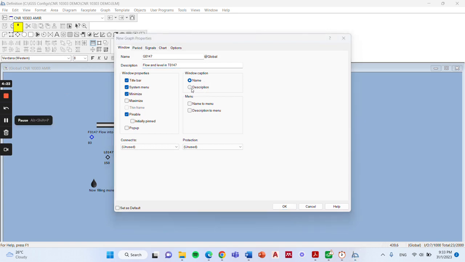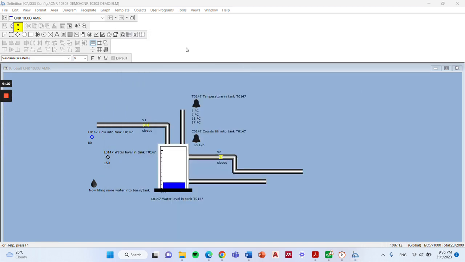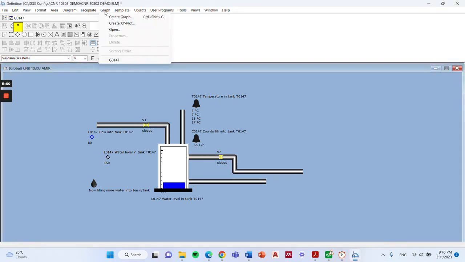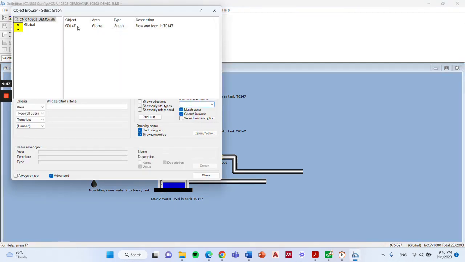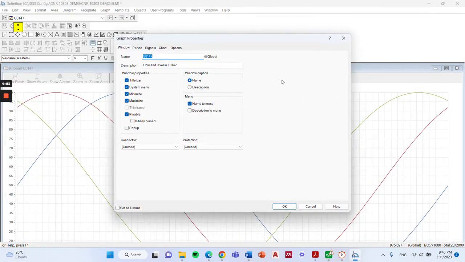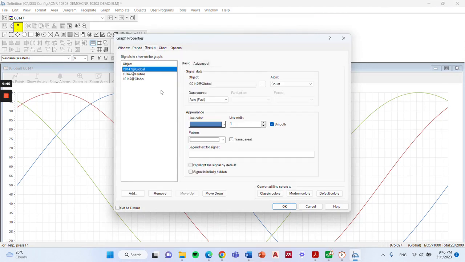And then under window caption, click description and click all the windows properties except for pop-up, just leave it. And then click OK. So when you click OK, nothing will pop up, unlike version 10, where the properties will automatically, but in version 16 we need to go to graph and then open up the graph that has been created, and then double click on this and then go to the signal,